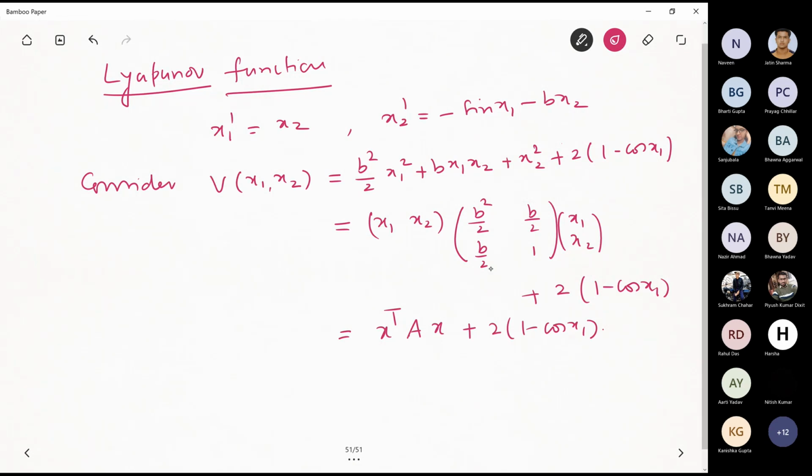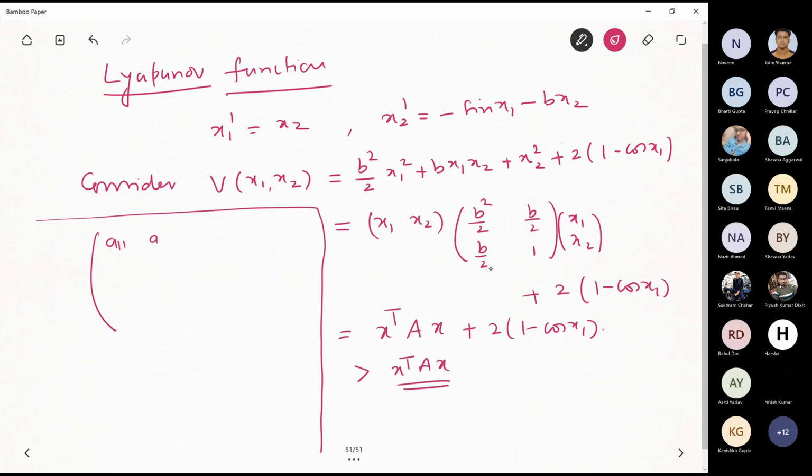So you see that 2 into 1 minus cos x1 is always going to be positive, and therefore this is always greater than x transpose Ax. And we know that this x transpose Ax is going to be positive because A is a positive definite matrix. You can see that b square by 2 is positive, and how do you determine whether some matrix is positive definite? When you look at a matrix like this, this is one of the characterizations: